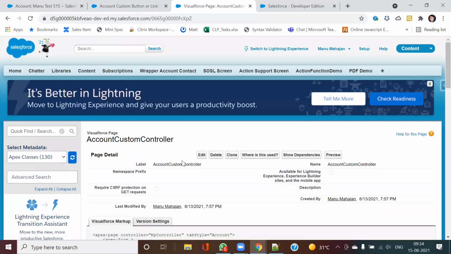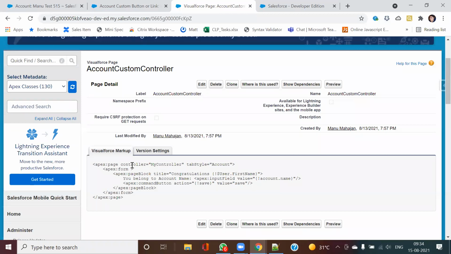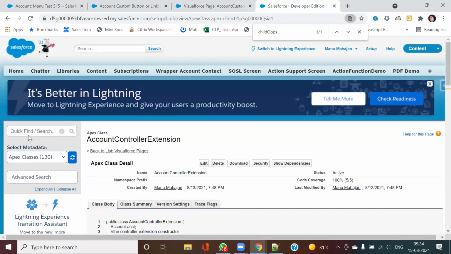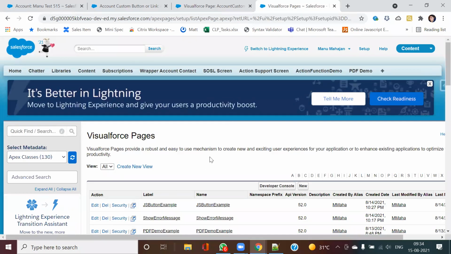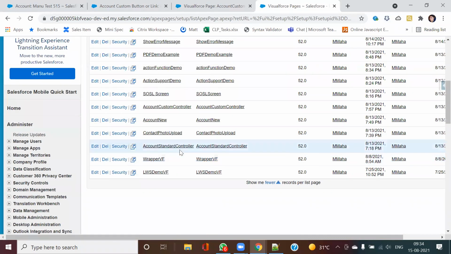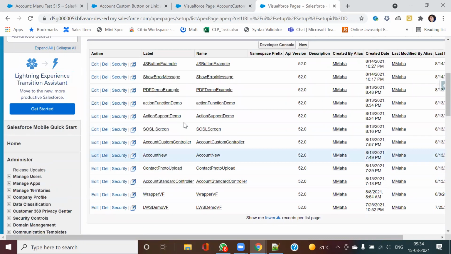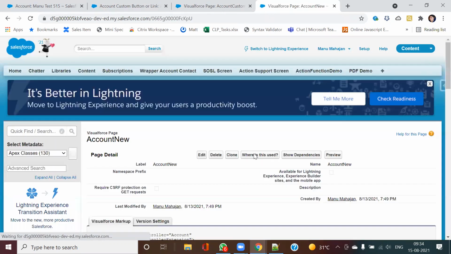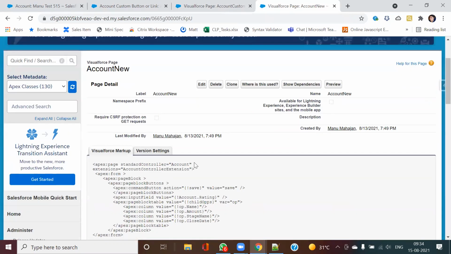Okay, now let us open this. I will open more of the VF pages for you, so then you can see the difference. Just let me open that previous page also. Okay, so if you see, this was the previous one.